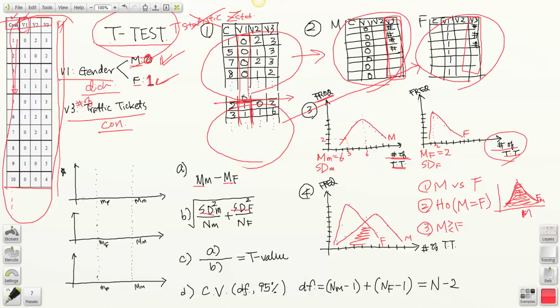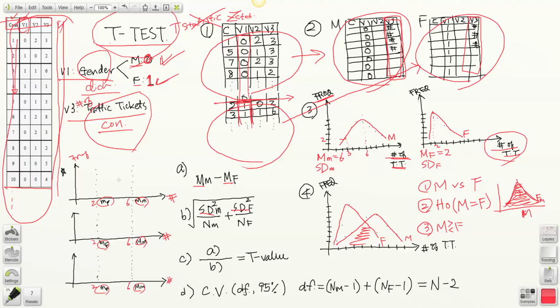And here's why. I'm going to come up with completely different scenarios here. And we're using the same variables we discussed before. We're using gender and traffic tickets. So that's why you have two subsamples here. And we're going to look at the frequency distribution of traffic tickets across these scenarios. And I'm going to actually designate same central tendency for same gender group across these